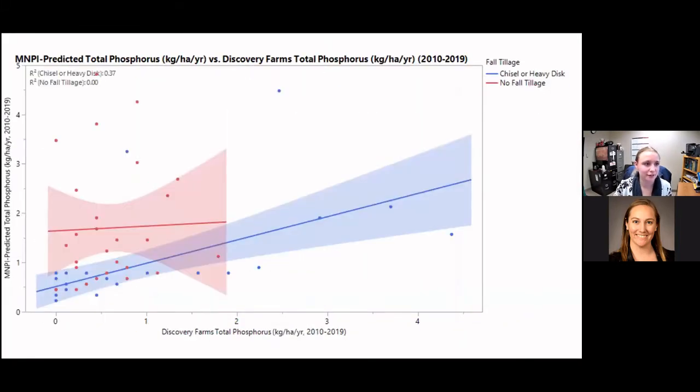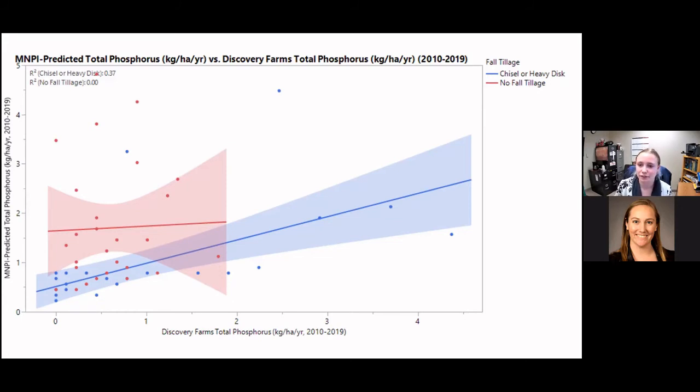And then looking at this figure, we see the Discovery Farms' total phosphorus ranging from 0 to above 4 kilograms per hectare per year for these 9 years of data, graphed with Winnipeg predicted total phosphorus ranging from 0 to 5 kilograms per hectare per year here. This is all graphed with fall tillage, so chisel or heavy disc in blue, or no fall tillage in red. And this is showing us that we do have the highest total P with chisel or heavy disc,